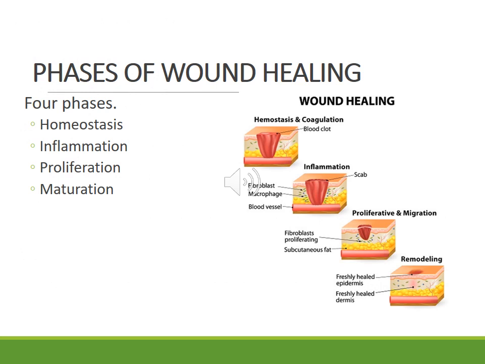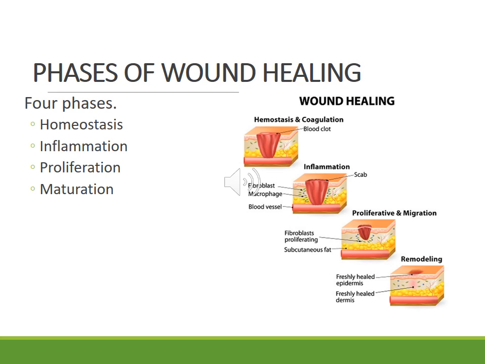So what are our phases of wound healing? So earlier I mentioned when we have chronic wounds, they get stuck in the inflammation stage. And so there are 4 phases of wound healing. The first one is homeostasis, which the next slide we're going to talk about. We'll go over a little more detail with that. And then the second stage is inflammation. Third is proliferation, and the fourth stage is maturation. And you'll kind of see the picture here. It kind of gives you an example of those stages, and those are on future slides as well to refer